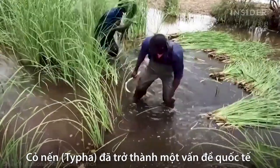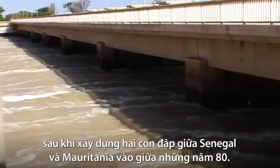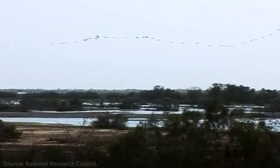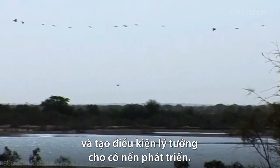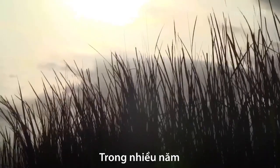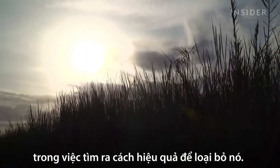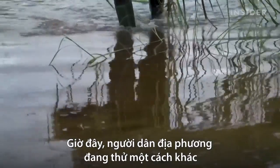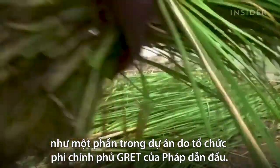Taifa became an international problem after the construction of 2 dams between Senegal and Mauritania in the mid-80s. The dams cut off the flow of water and created ideal conditions for the weed to grow. For years, both governments tried and failed to find an effective way to eliminate it. Now, locals are trying on their own, and with their bare hands, as part of a project led by the